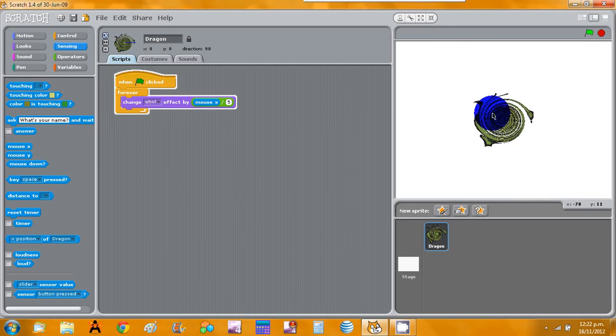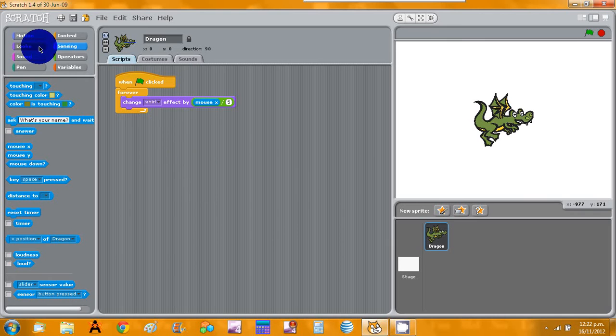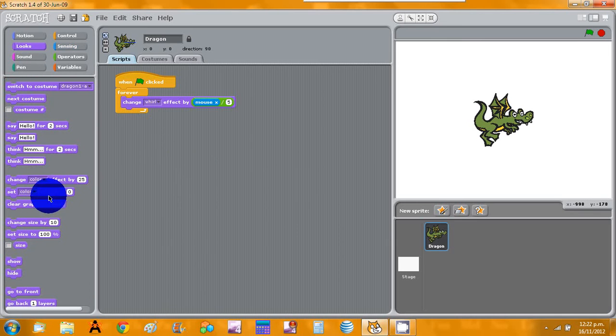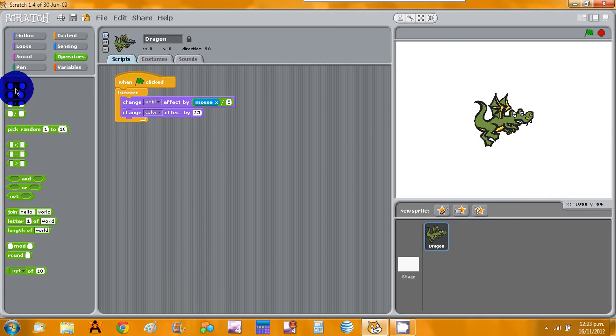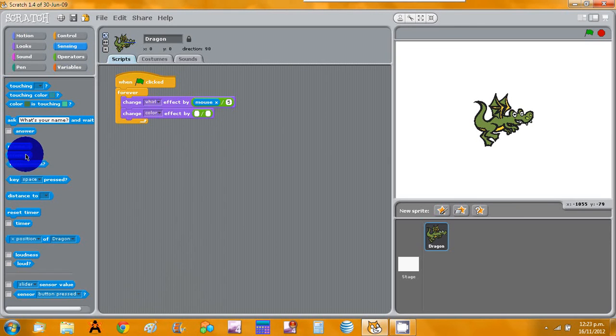But we can also do the same thing with a y-axis. So let's stop this now. And we're also going to change effect. And this time we're going to make it a color effect. And we're going to use the same thing. We're going to use the dividing block. But then this time, instead of using mouse X